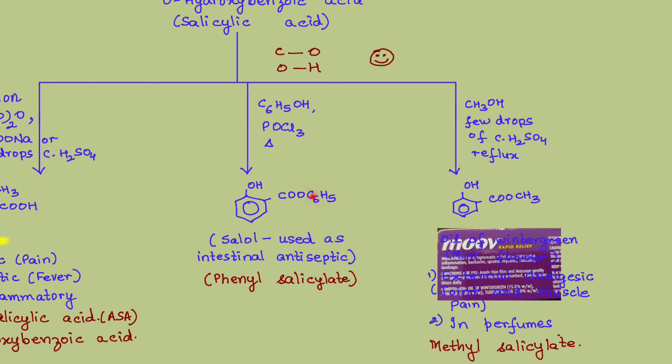Again, see, this is an ester. So in the ester, we give the alkyl group the first part name. So this becomes phenyl, and then with respect to the ester group, we have OH at the second position. So 2-hydroxybenzoic acid. No, it's an ester, so it will be benzoate. Right? That's our second step.